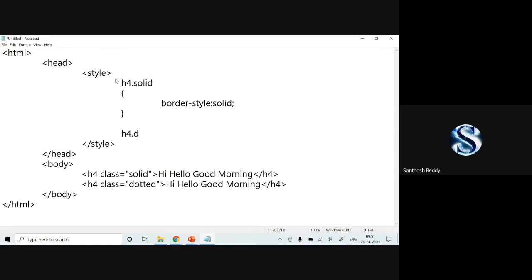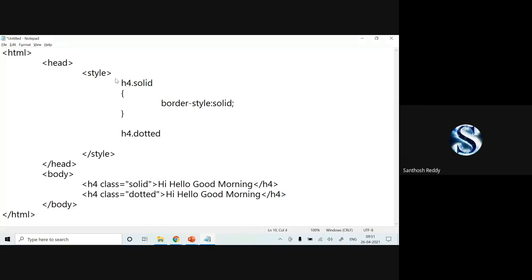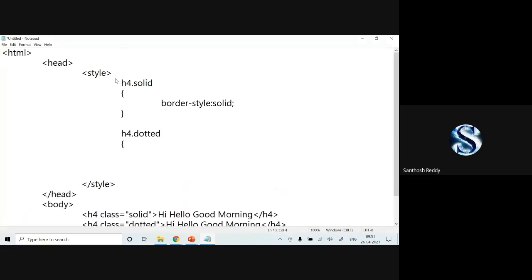Then H4 dot dotted, open the parenthesis, and in this you say border hyphen style colon dotted.